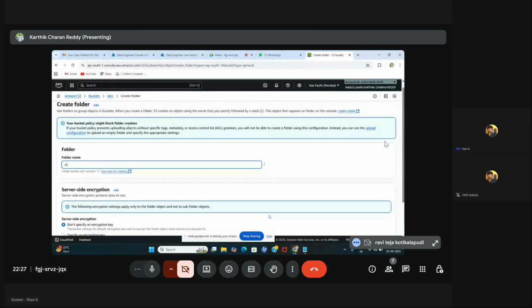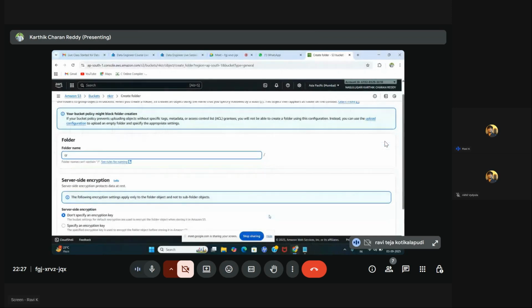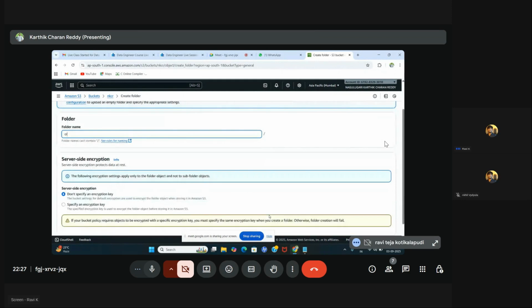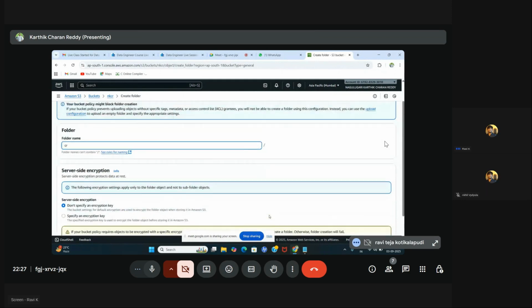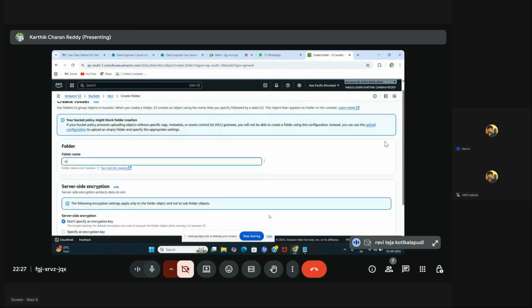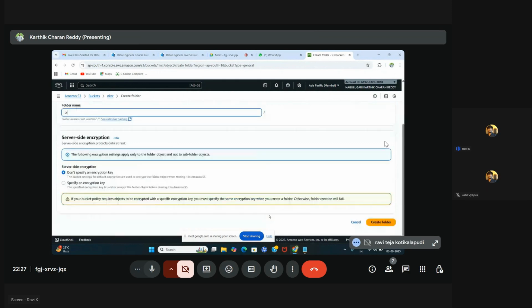Demo or something, anything is fine. Just go down and create folder.